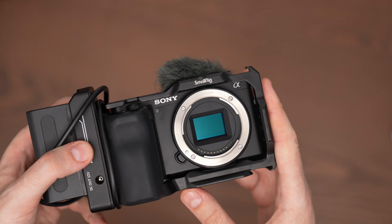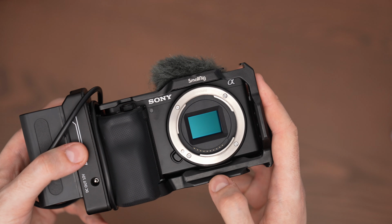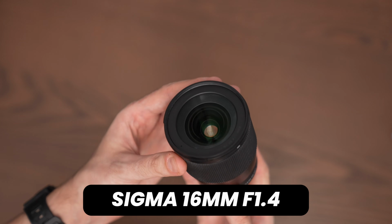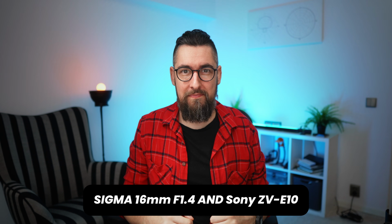If you use a crop camera for talking head videos and you want a prime affordable lens, one of the most common lenses is the Sigma 16mm f1.4. It's a prime lens, and this is how the image looks like. It's pretty wide and it's